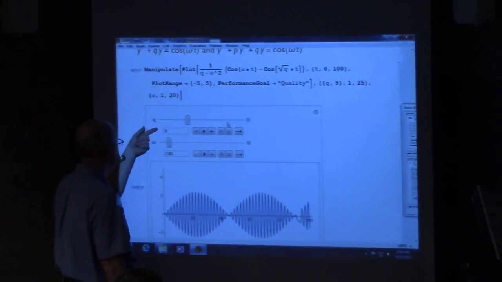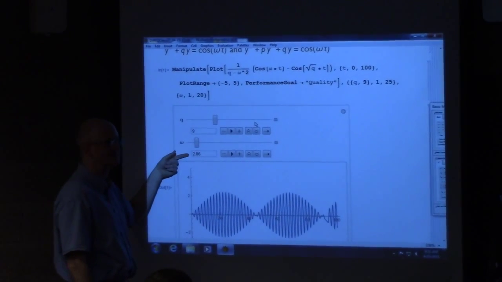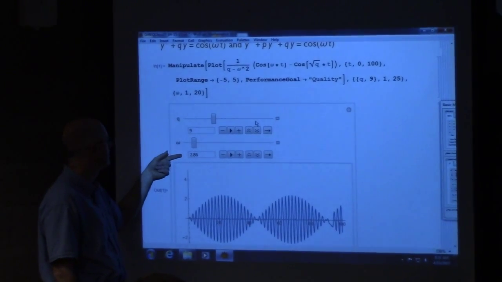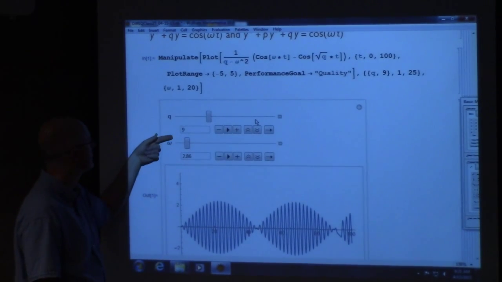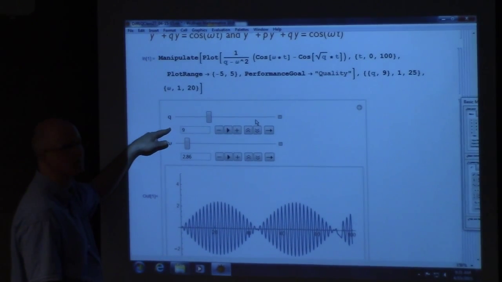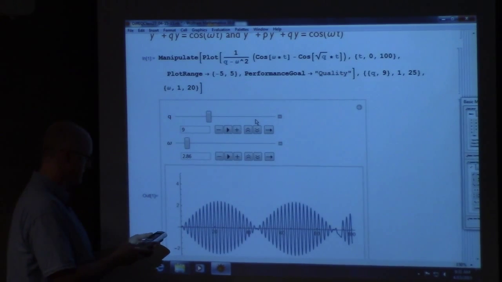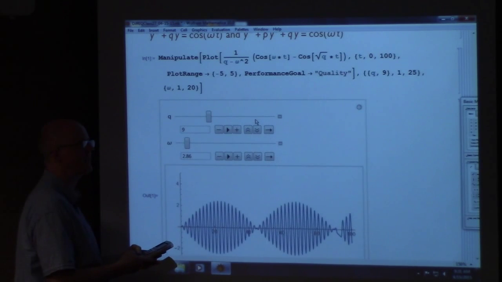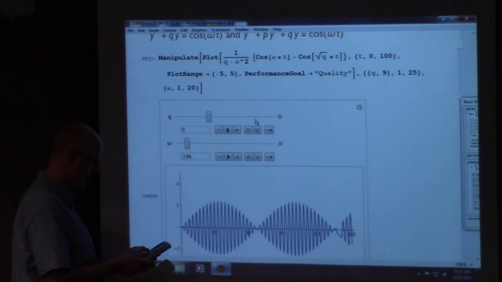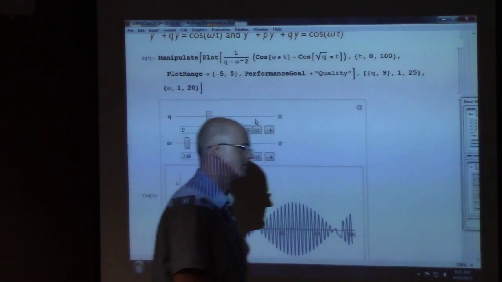So I picked here Q is 9, omega is 2.86. Let's think about the fast oscillation. Let's think about its period here. I'd have to go 4 pi divided by the sum of these two things. Actually, the square root of Q, excuse me, which is 3. So you could do 2.86 plus 3 to get 5.86. Then take 4 pi divided by that. 4 pi divided by 5.86 gives you a period of a little bit bigger than 2 for the